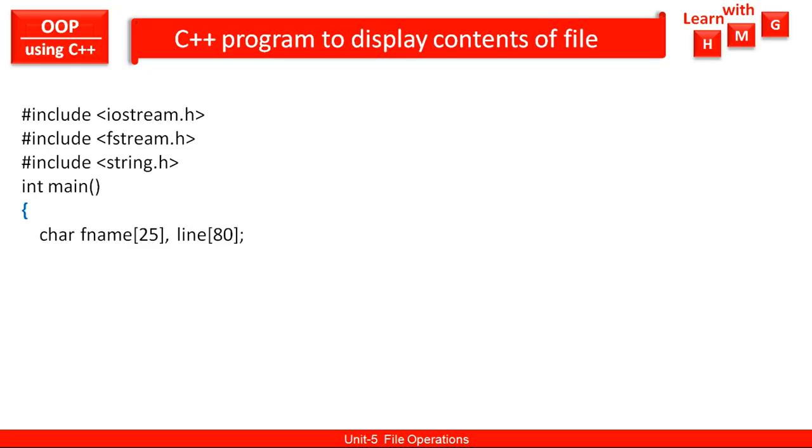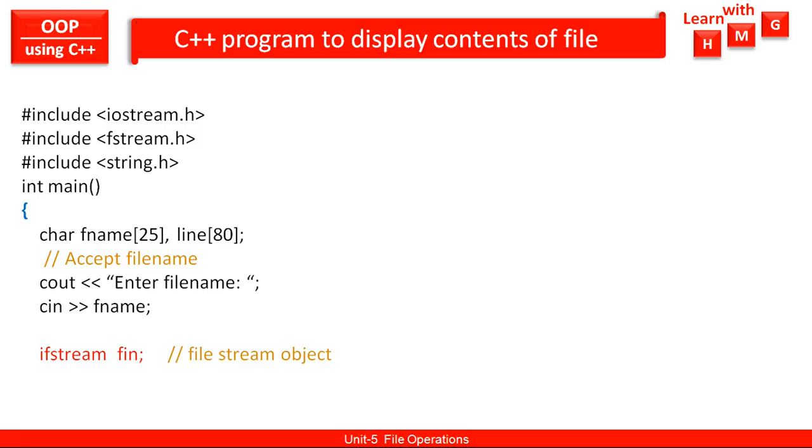Then do the array declarations, fname for storing the file name and line for reading a line from a file. Let us accept the file name using cout and cin: enter file name, and cin fname. First of all, create a file stream object of the ifstream class. So fin is the file stream object of the ifstream class because we are going to perform a read operation on